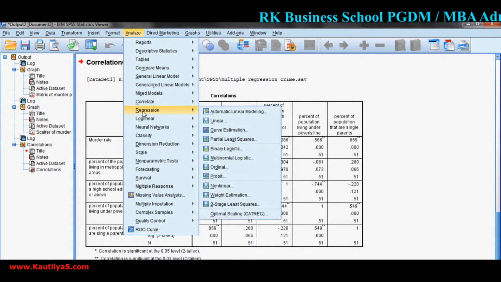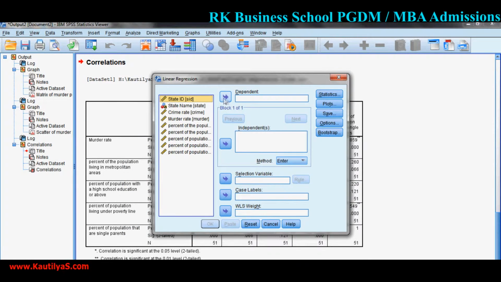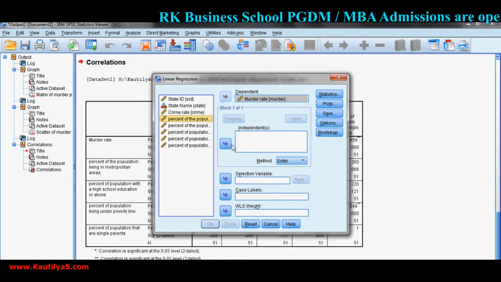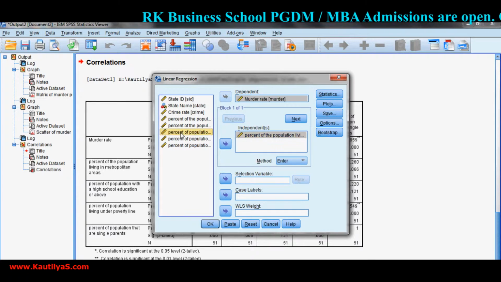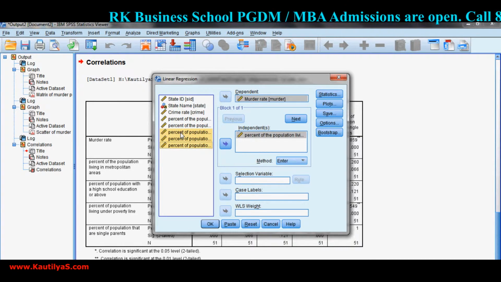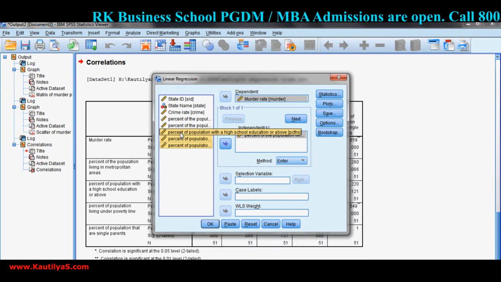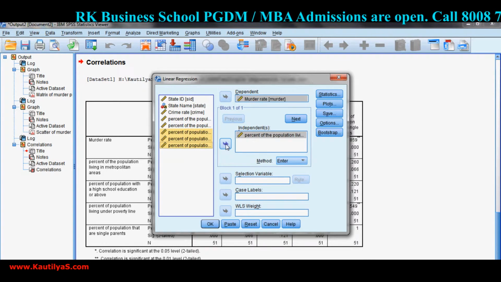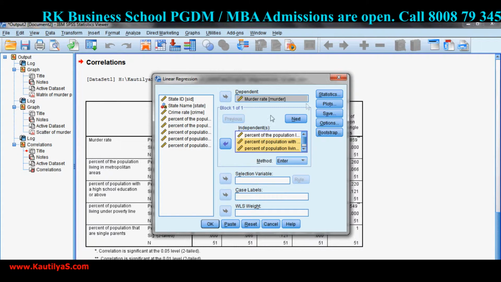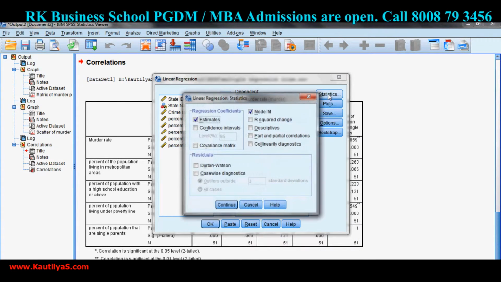So analyze, regression, linear. Here our dependent variable is murder rate and independent variables are population in metro areas, education qualification, below poverty line, and single parent. So we identified the independent variables. Go to statistics.